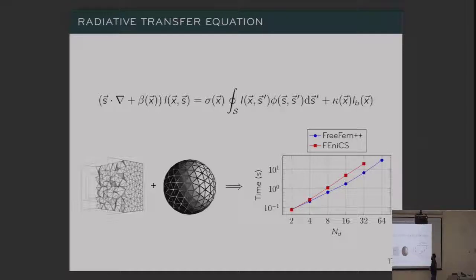But one problem with this kind of method, when you try to use a general purpose finite element code, for example, is that the size of your finite element space increases with the size of your discrete ordinates discretization. So, for example, if you use a sphere discretized with 2 directions, you have this time, and so as you refine the discretization of your sphere, you have a vectorial finite element space that increases in dimension, and if you use FreeFEM or FreeFEM++, for example, you end up with 64 P1 finite elements, and so even with this test case, the JIT compiler from Firedrake fails.